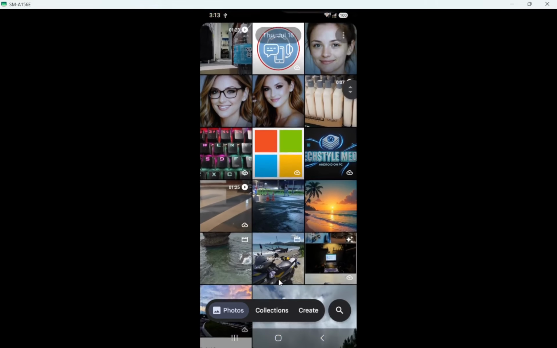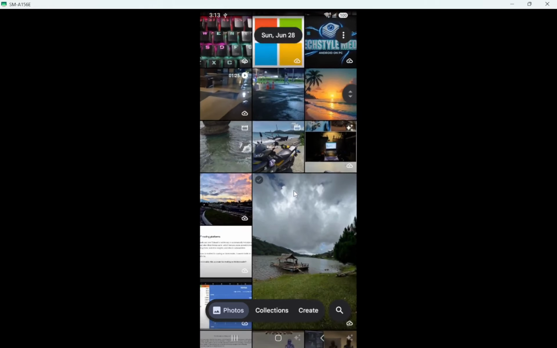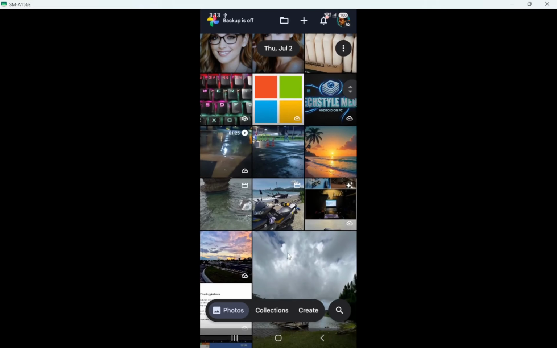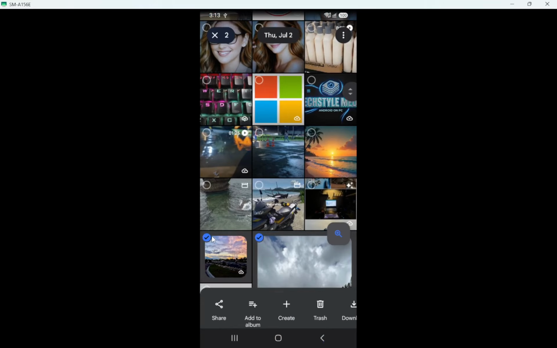Next, find the photos from the month you want to organize. Scroll until you reach the correct month and year, for example, January 2026. Take a moment to check those small date markers, since jumping to the wrong month is a very common mistake when you scroll quickly. Once you are on the right month, touch and hold a photo from that month, then select the other photos from that month.